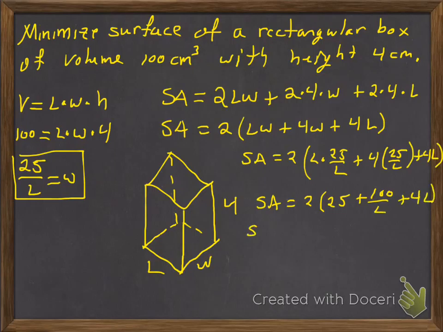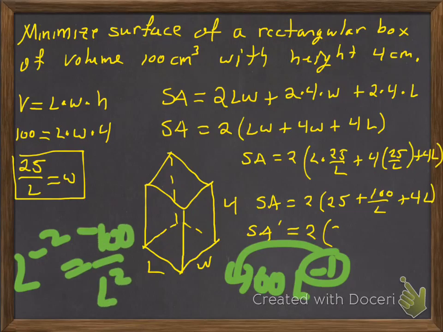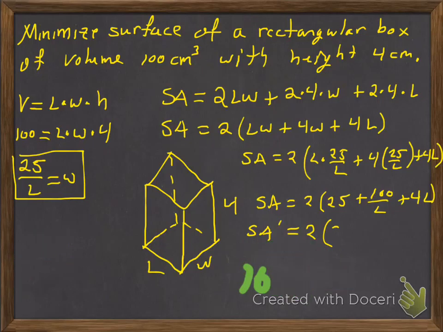And we're going to go ahead and take the derivative. So the derivative of the surface area is going to be equal to, there's 2 on the outside, the derivative of the 25 is just gone, and we got 100 L to the minus 1. So when we take the derivative of that, the minus 1 is going to come out here, and it's going to make it a minus 100, and then we're going to subtract 1, and we're going to have L to the minus 2, which is just going to send it down to the bottom. So what you're going to end up having is negative 100 over L squared there. Okay. So negative 100 over L squared